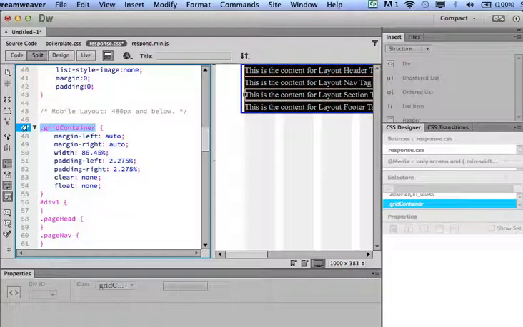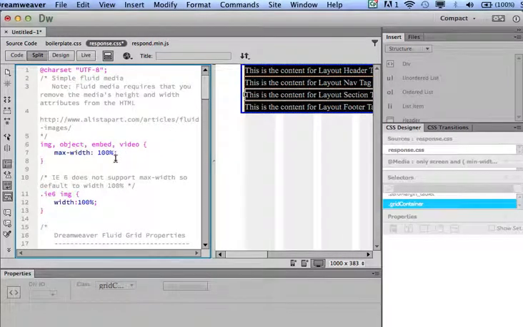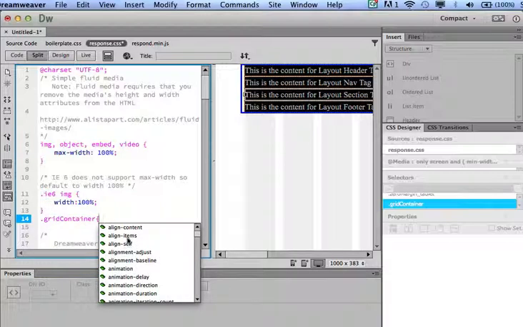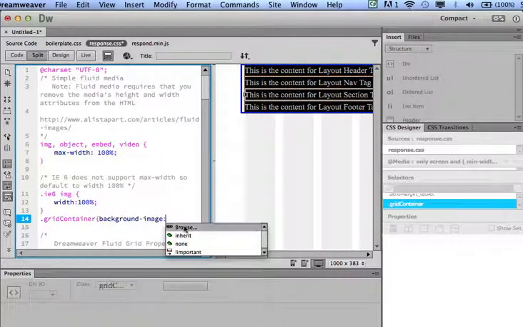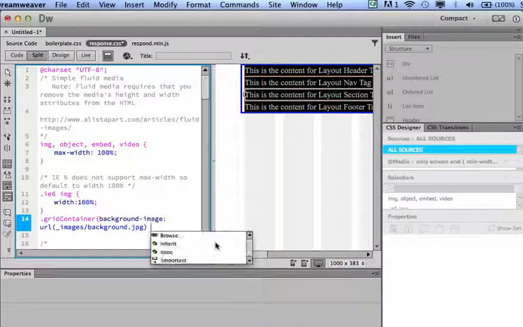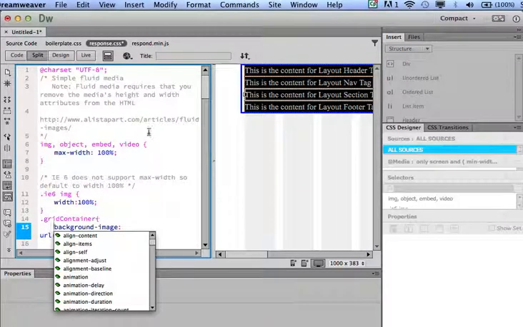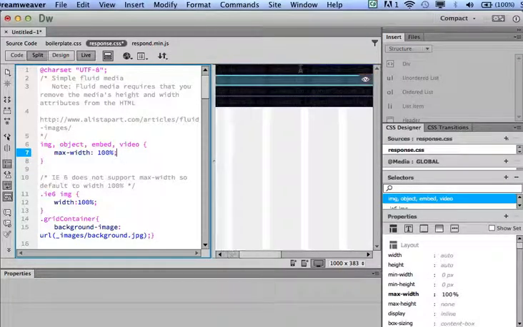So I'm going to go ahead and copy this, and I'm going to put it up top. And now, if we take a look at this in here,